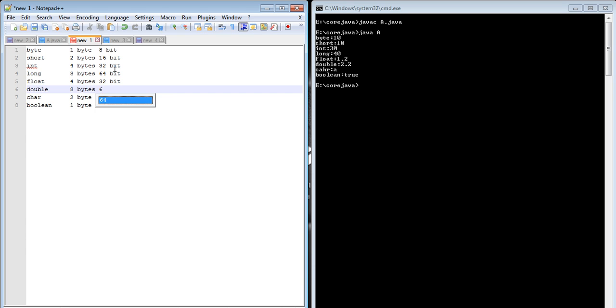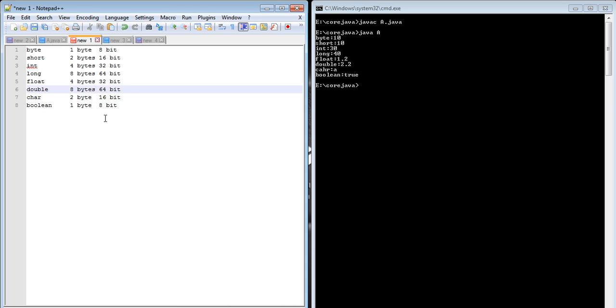Yes, it is 64 bit, and here it is again 16 bit, right? Let me come here, it is 16 bit, and here it is again 8 bits. Okay,